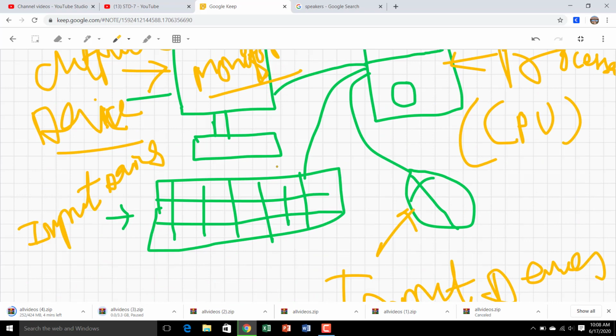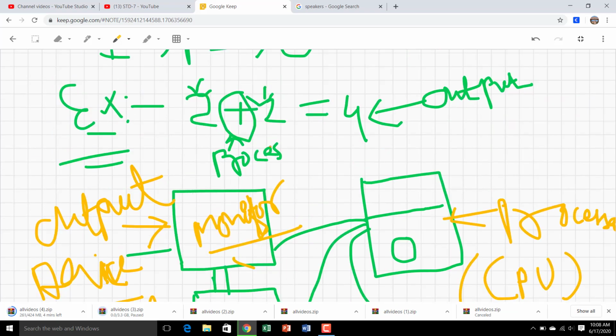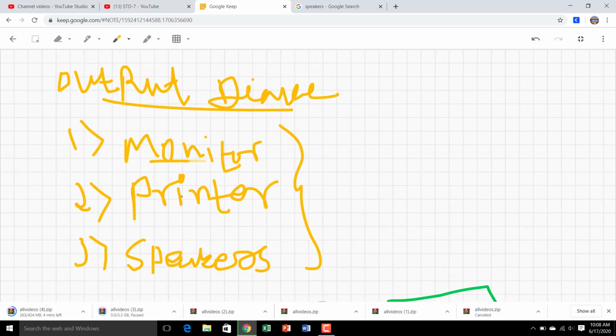So understand this concept: keyboard, mouse, joystick, and web camera are input devices, and the output devices are the monitor, printer, and speaker.